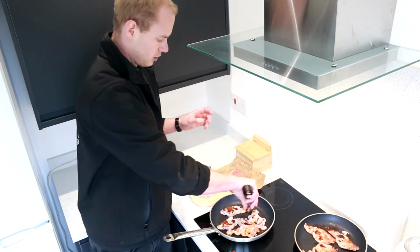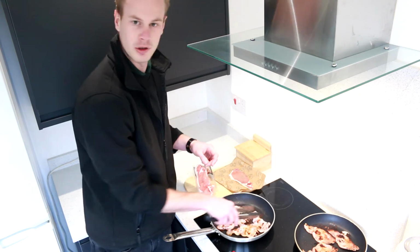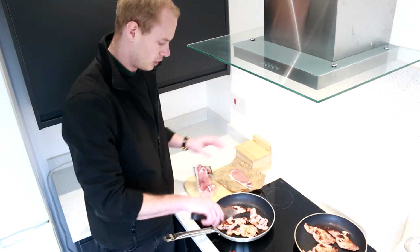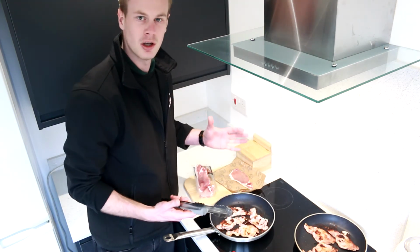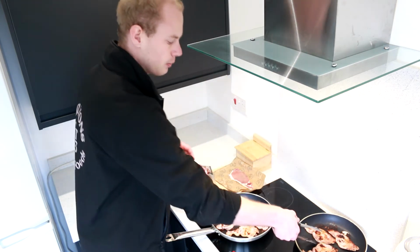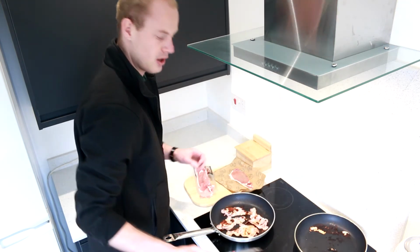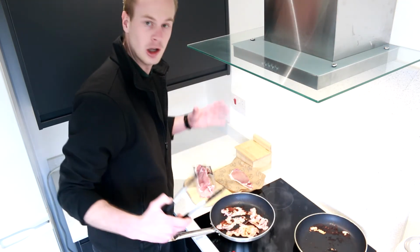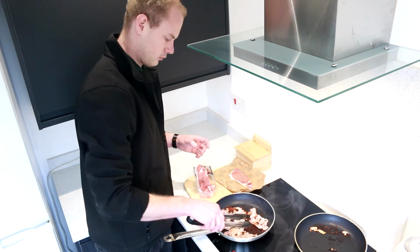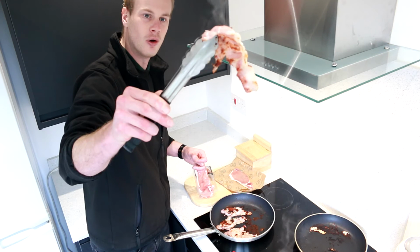We are cooked. Again, I haven't used any oil, so it's not going to be cooked how I would usually cook it. I'd usually have a light splash of oil, cook it more evenly, but I want to do an even comparison. So let's take the butcher's bacon off, which again has held its shape because it's that bit thicker and hasn't got a load of water weight, where from what looks like the supermarket bacon has almost turned into